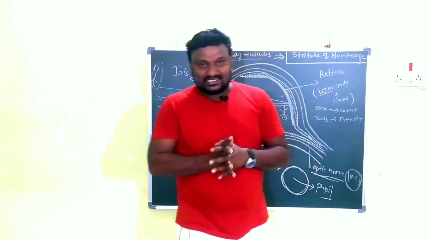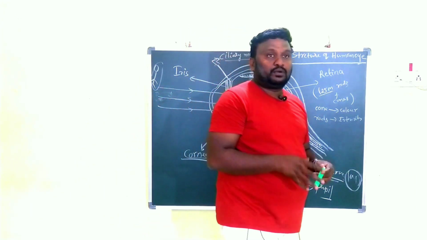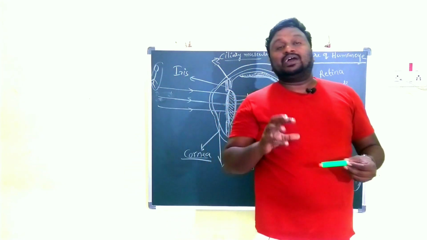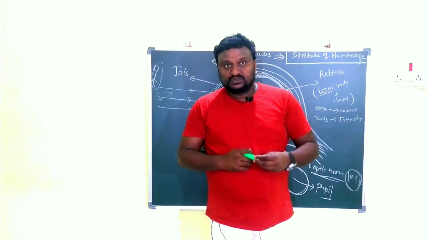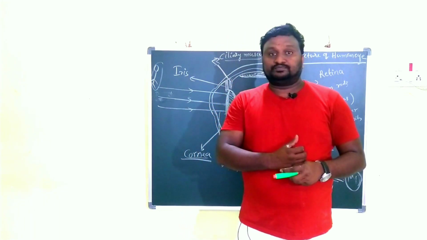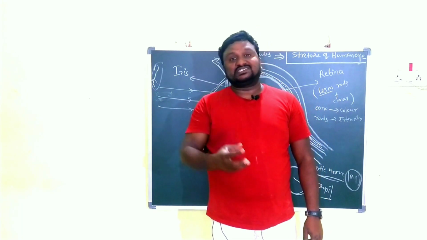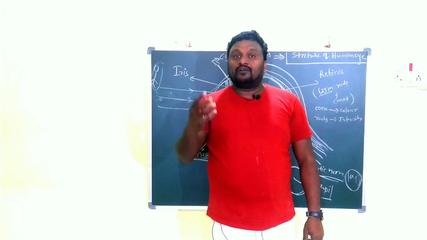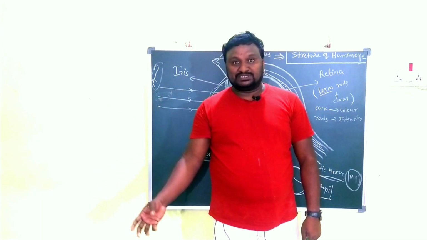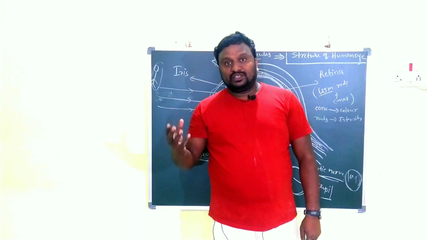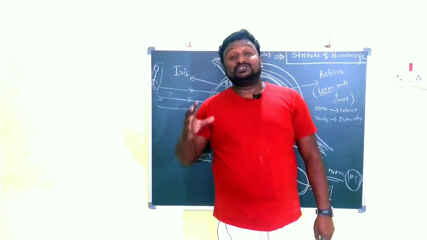So see here now. In this case you have to know one important process. What is that? Accommodation. What is meant by accommodation? In previous chapters we discussed the focal length of a lens, how we can find the focal length of the lens by using the distance method, and by using the UV method.